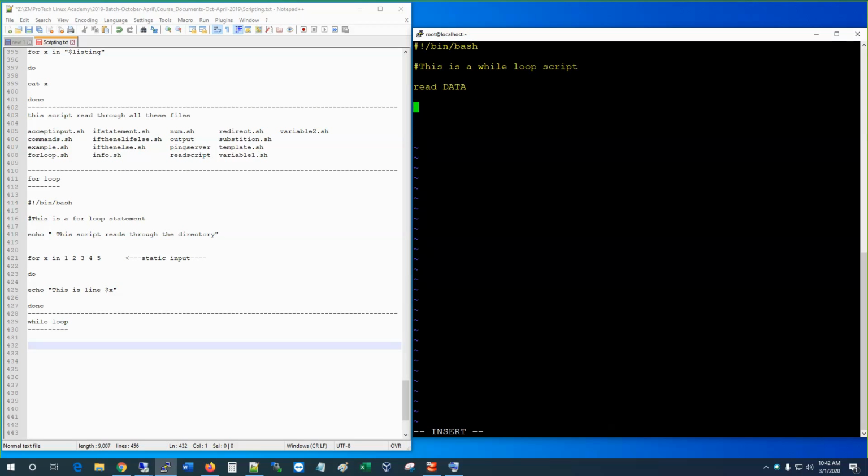Then in a while loop, you have to start the counter. This is the counter here, count equals 1. And then the while statement comes in. While, and then you open the brackets here. While $count is less than, okay,